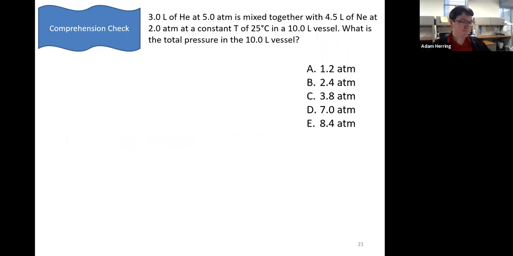Here's another question. Pause the video and try this one on your own. Welcome back. So we have 3 liters of helium at 5 atmospheres, and we're mixing that together with 4.5 liters